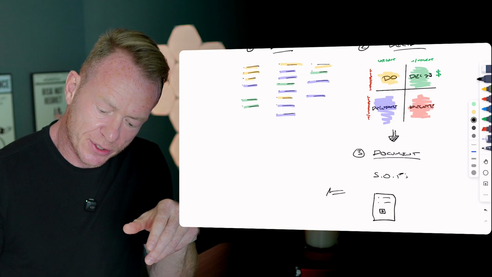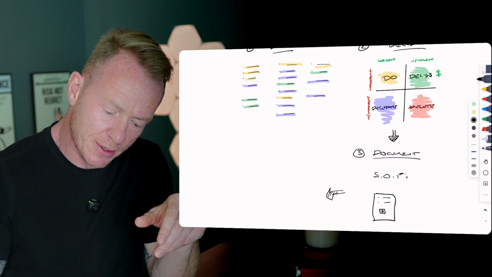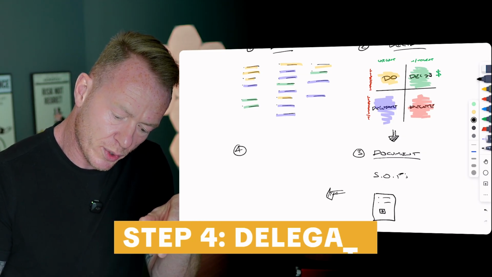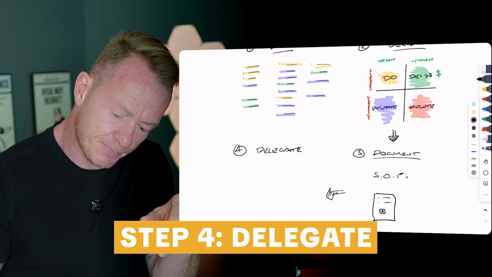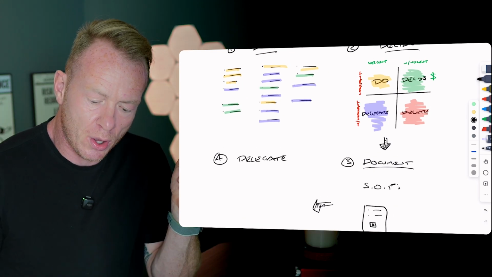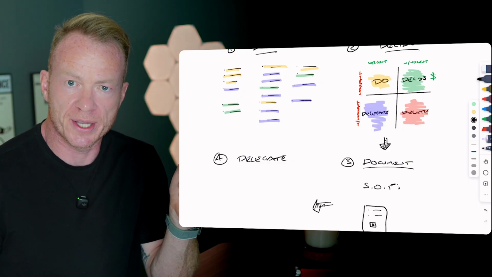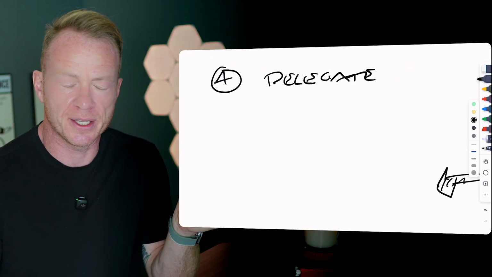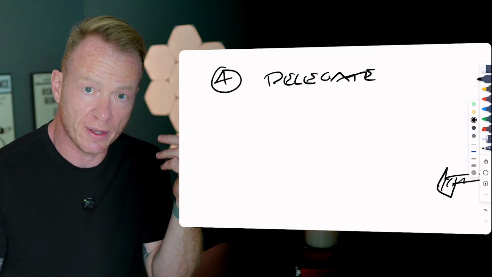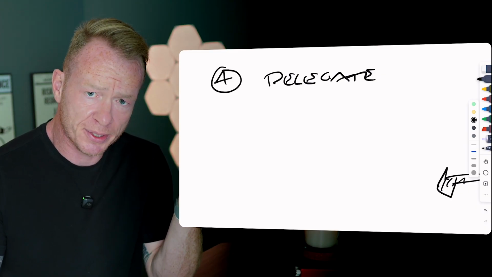Okay, so let's get to the last step here, which is delegate, my favorite. So we're going to delegate. Now, there's a lot of different options and ways that you can think about doing this. When it comes to delegate, most people think about VAs, which is great. Like I do too. I've got a team of VAs, they're phenomenal. But there's multiple ways you can do it.